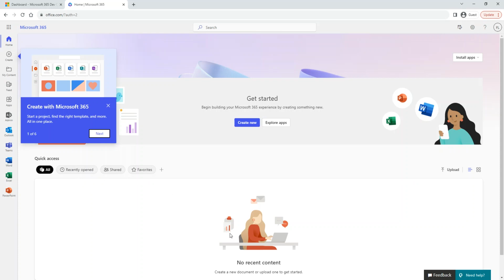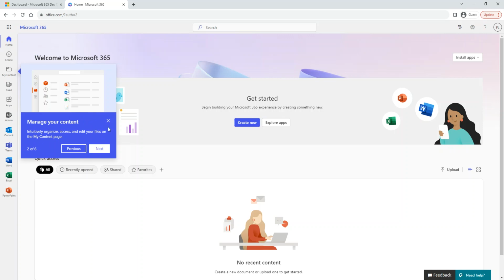If I open my work environment, I will see a bunch of stuff on this dashboard. On the left, as you can see here, it tries to guide you by going next by next. I'm not going to click next by next like that.